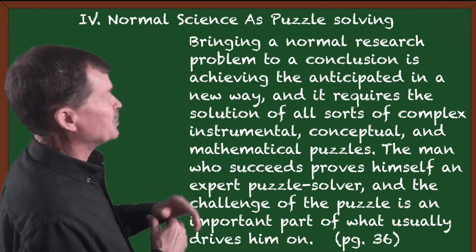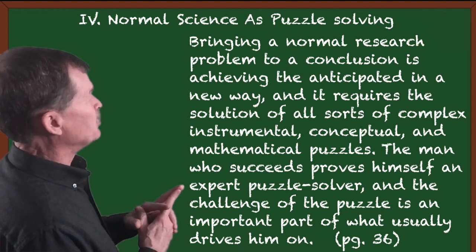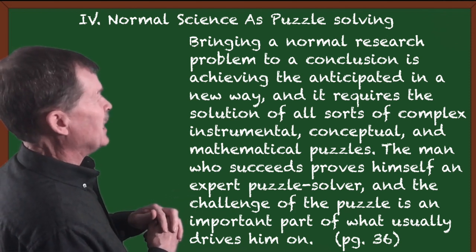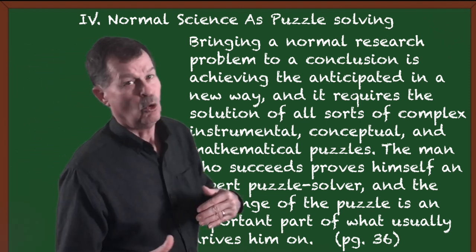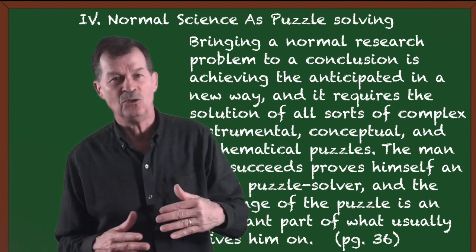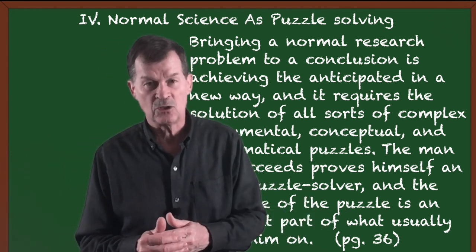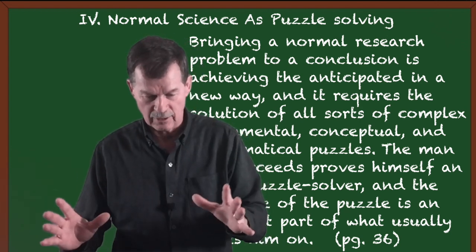The man who succeeds proves himself an expert puzzle solver. And the challenge of the puzzle is an important part of what usually drives him on. So what motivates a scientist to continue on, if there are no major novelties, is to solve the puzzle. And there are different puzzles within the parameters